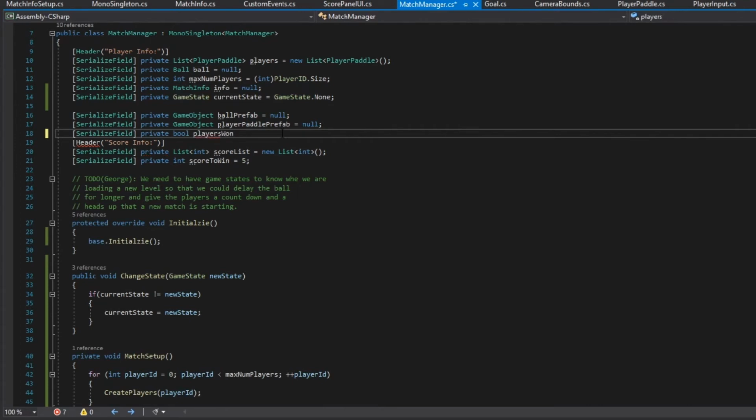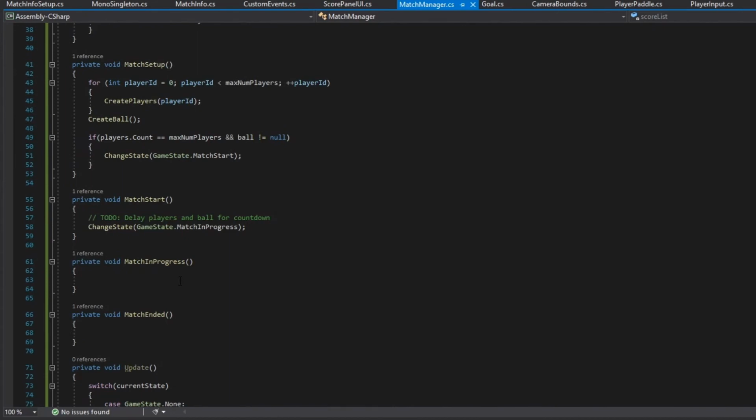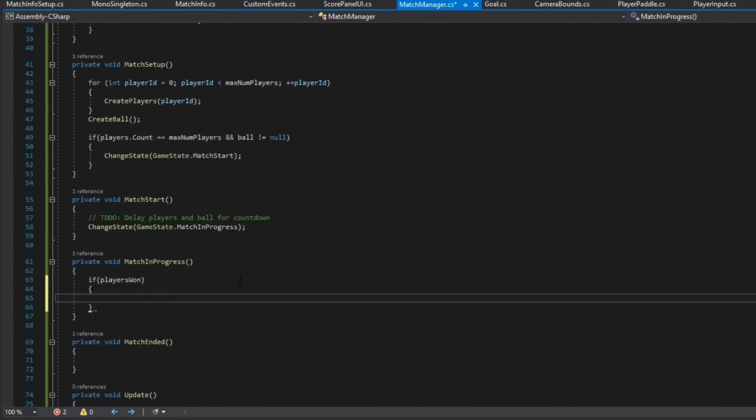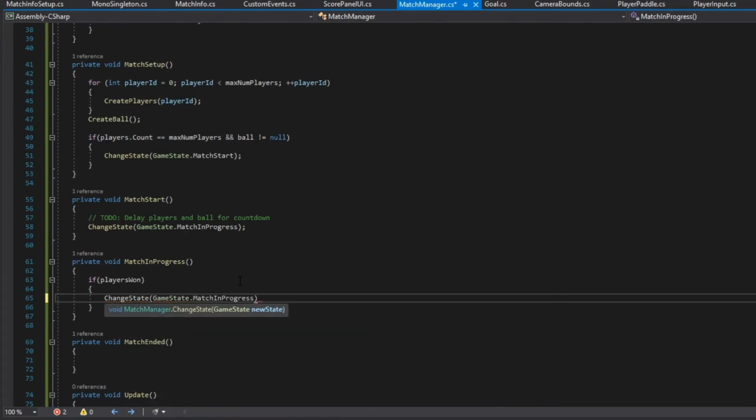Players1 equals false, right? So if players1, then we're gonna go into game state, change state. We're gonna say that we wanna go to match ended,